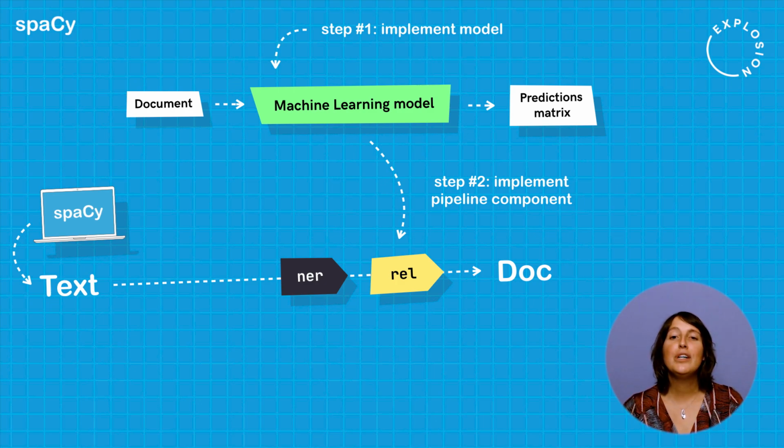As a quick recap, recall that this implementation required two main parts. First, we implemented a machine learning model from scratch using our library Thinc. We managed the forward and backward passes of our neural network to ensure that all layers are tuned for our specific challenge. Then we implemented a trainable pipeline component that uses this machine learning model to make predictions and store them on the document. We can use this component as part of any NLP pipeline in spaCy. Ideally, it is combined with a trainable named entity recognizer that is specific to your challenge as well.